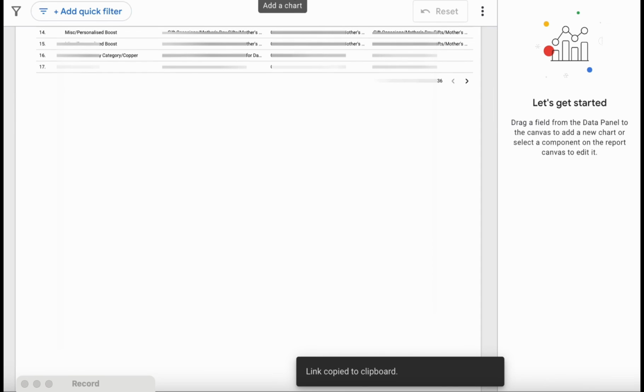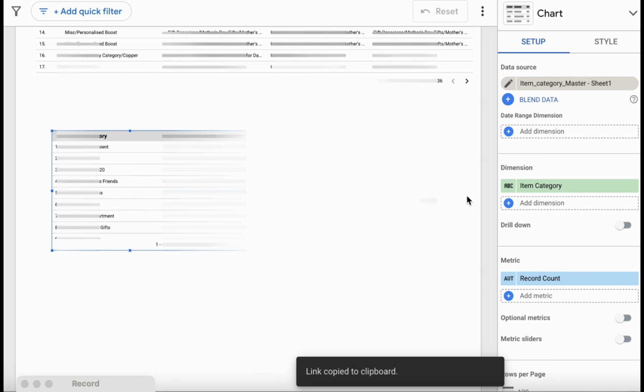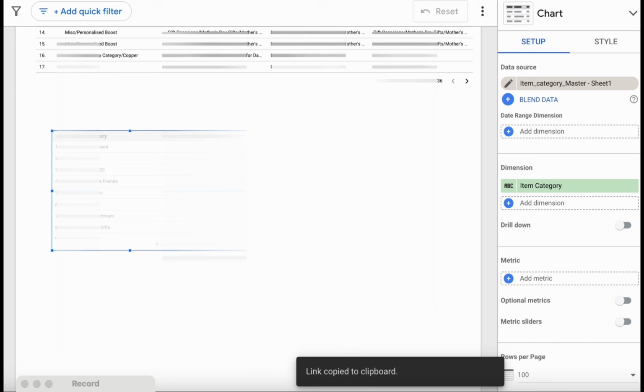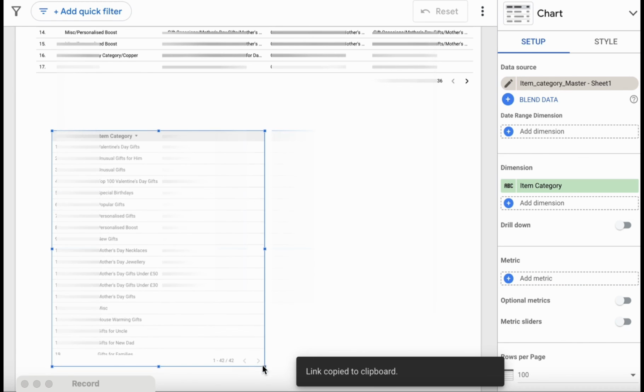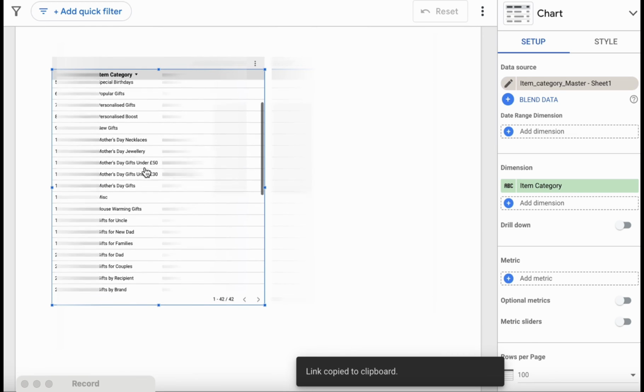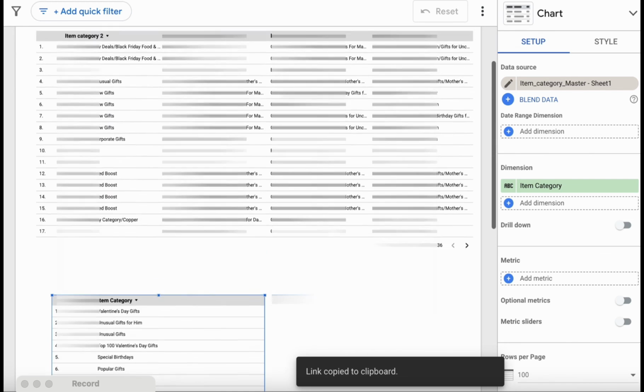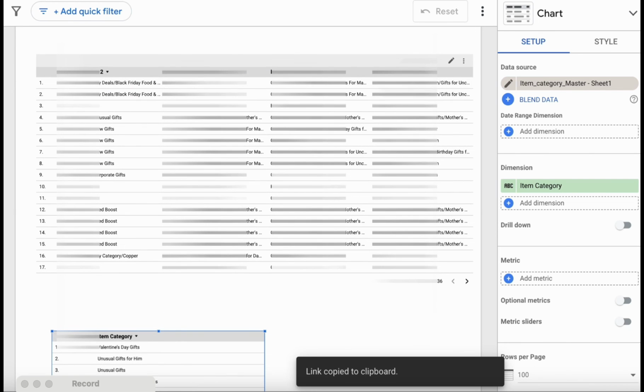Let's create a table for this. We don't need record count. So yes, you see, from Google Sheets we can easily find all our categories in one column, all 4 categories' data